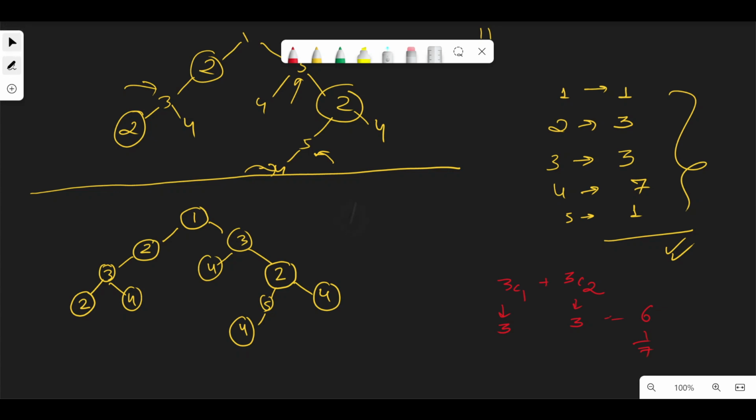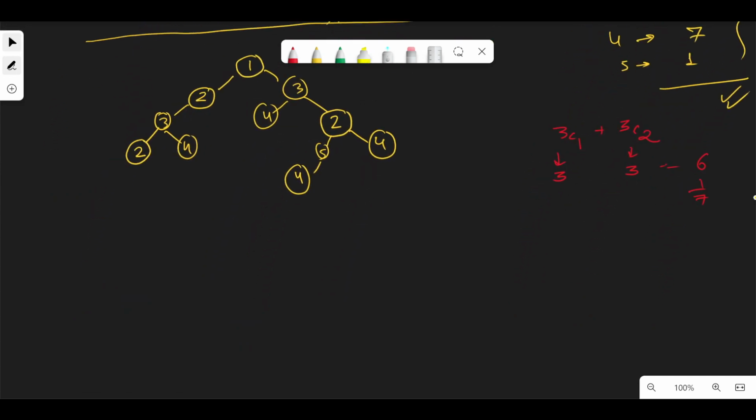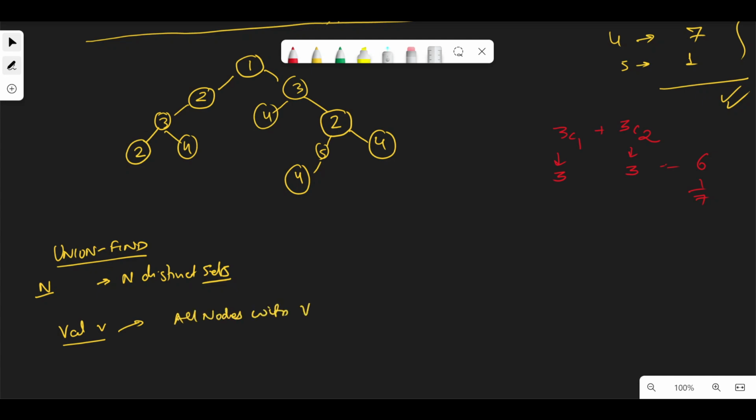And so for this approach, we are going to use the union find data structure. What we are going to do is initially each and every node is an individual node, right? So if there are n nodes, each of them are n distinct sets to begin with. And then we start considering different values. So now I'm considering value v. So all nodes with this value are what I'm going to consider,